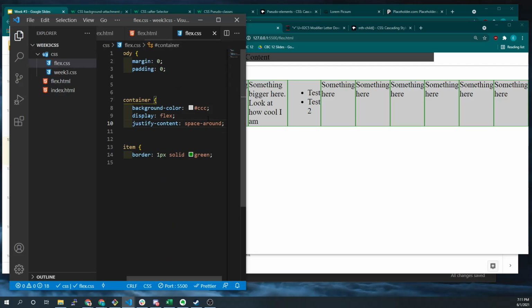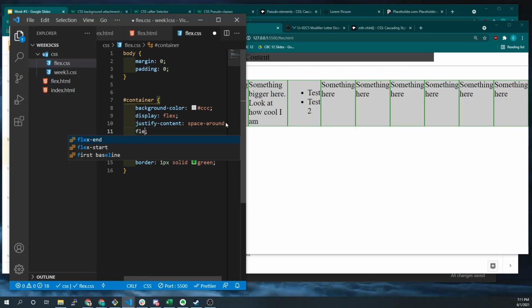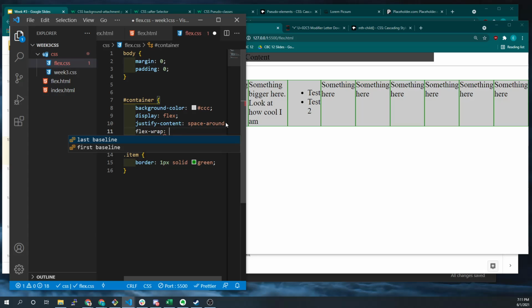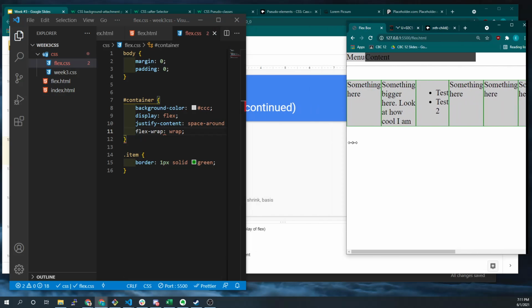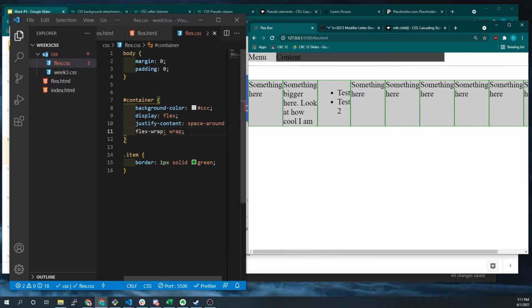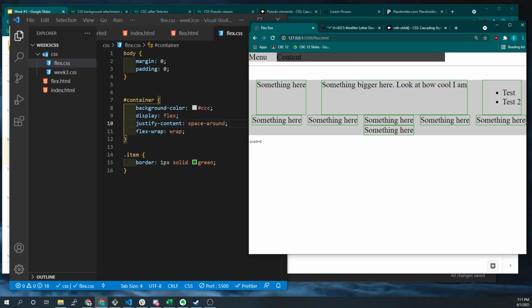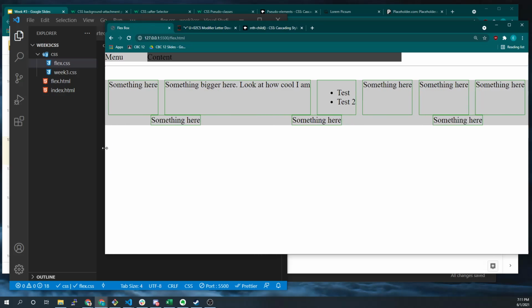The way we would do that is with flex wrap, right? So if I say flex wrap and I say wrap, right? Is that going to do what we want automatically? No. So I'm missing a semicolon. Yeah. So now what we've done is it's giving us extra lines and it's trying to position things around the